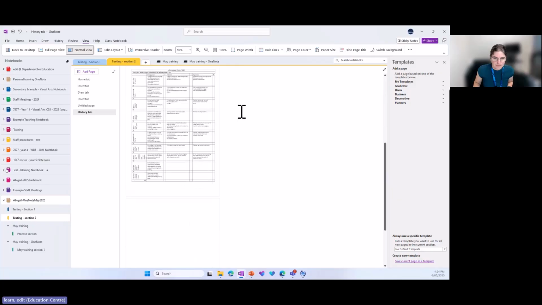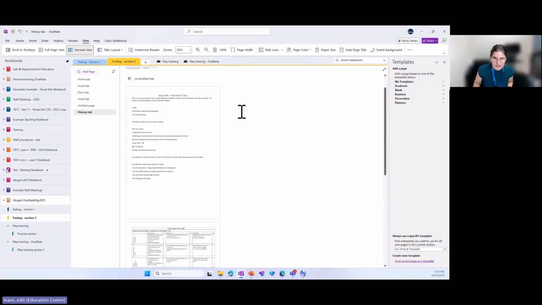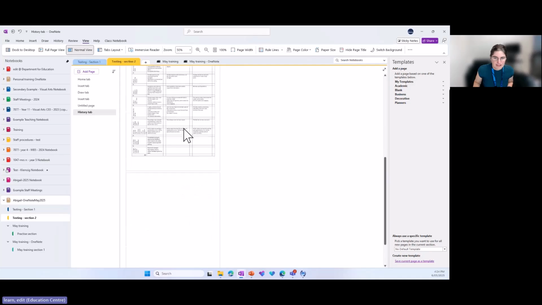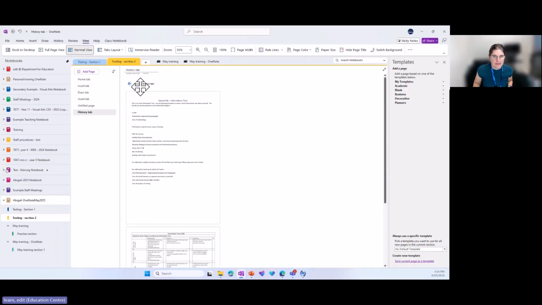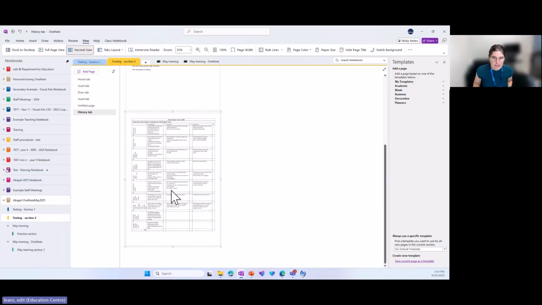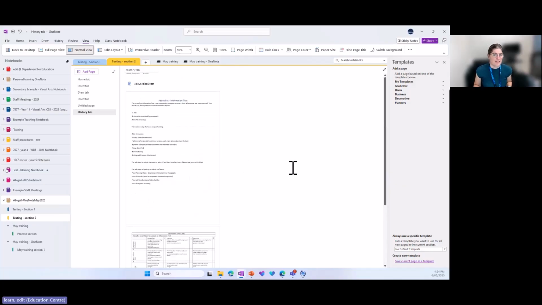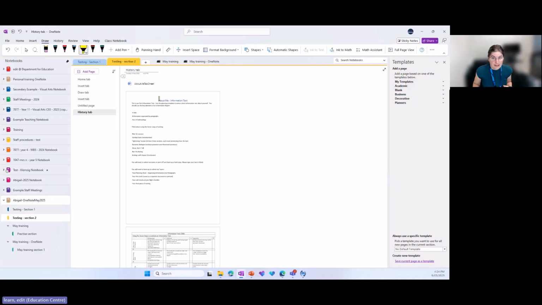What it's done is this particular document is 3 pages long with 1 page being blank. So let's delete that. But it's put a copy of the file in here. You can see it's saved to this local machine. And it's then changed these into images. Now, the reason that this is really great is then, because they're images, I can go to my Draw tab, I can get my highlighter, I can highlight,